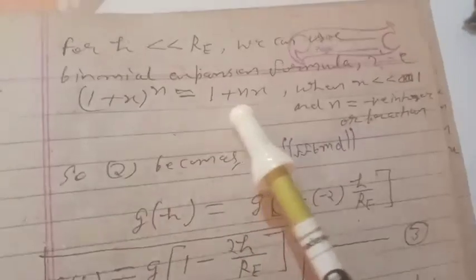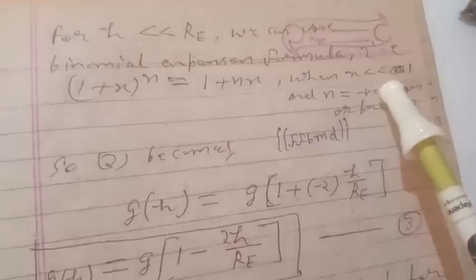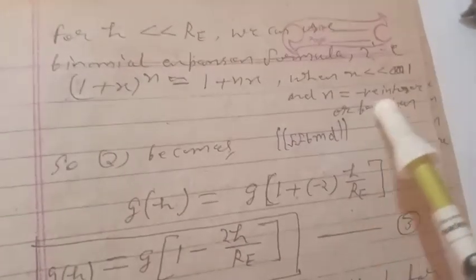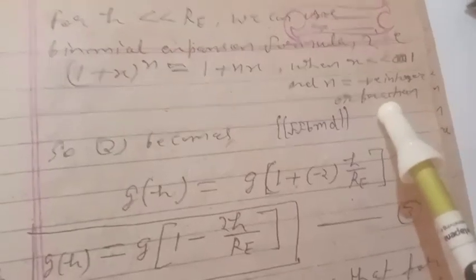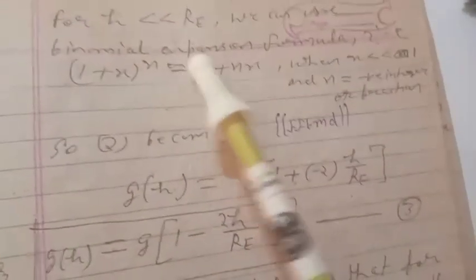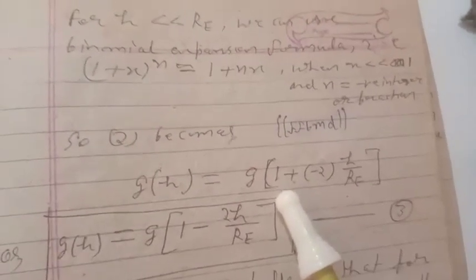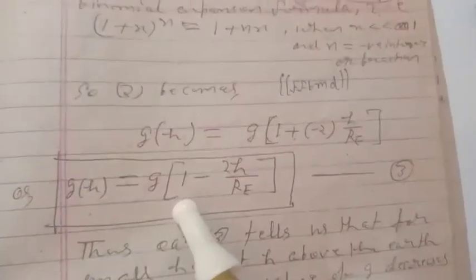For h very much less than Re, we can use the binomial expansion formula, that is (1 plus x) to the power n equals 1 plus nx, when x is very much less than 1 and n is a negative integer or fraction. So applying this formula, equation 2 becomes gh equals g into (1 plus (minus 2) into h by Re), or gh equals g into (1 minus 2h by Re). This is